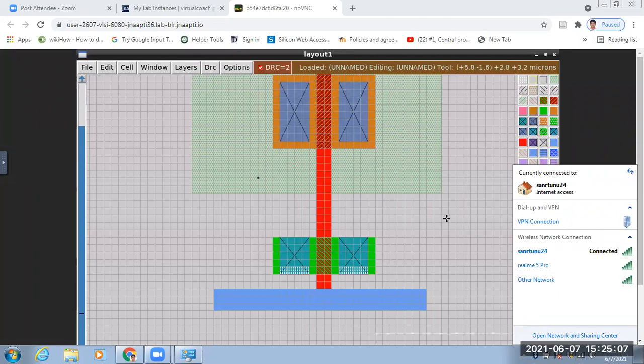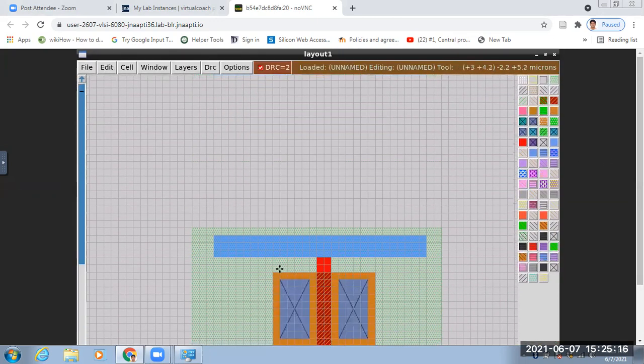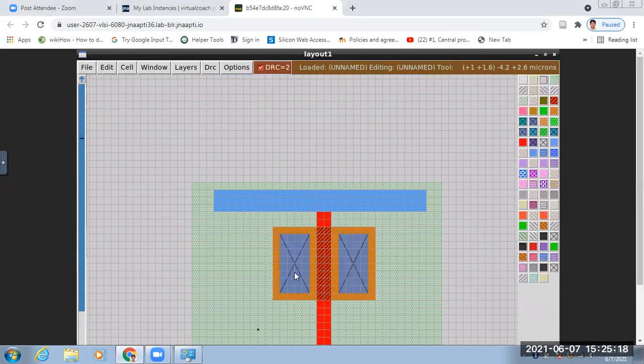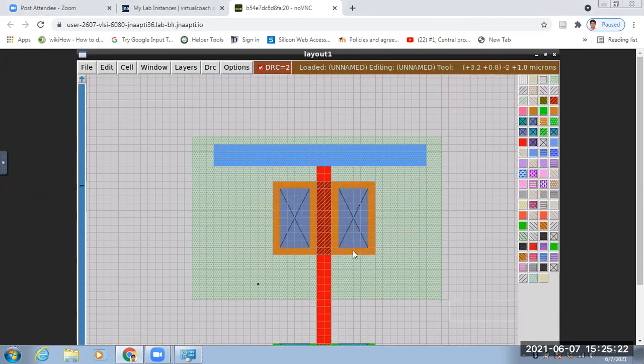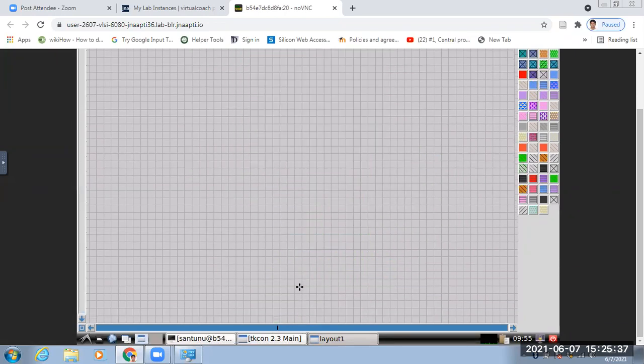Okay, so what is the next thing? You will connect these two. So there are DRC errors. Two DRC errors are there. So check where the DRC error is. Here in the bottom side, that is a DRC error because it should be 0.6 micron away.